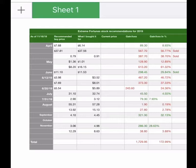So this membership is pretty much what it says: they're looking for companies, and the companies they recommend all have the potential to go up 1,000%. I can show you on their website, not to put them on blast or anything, but just to show